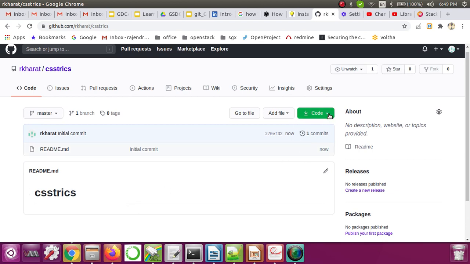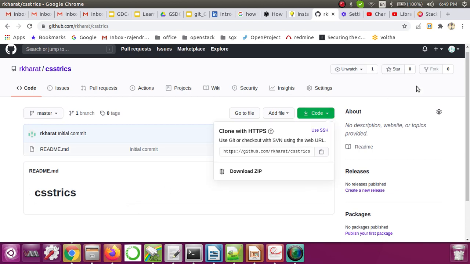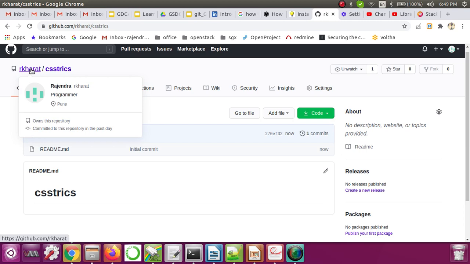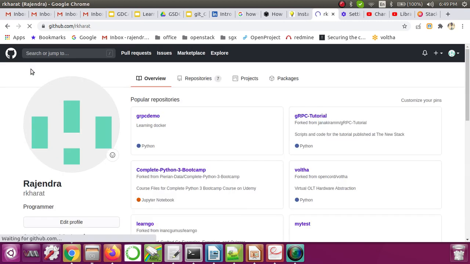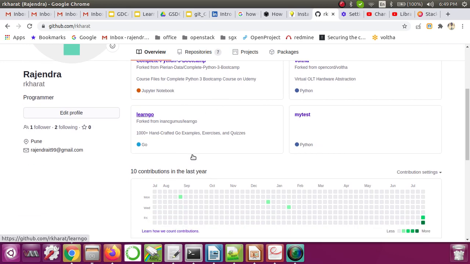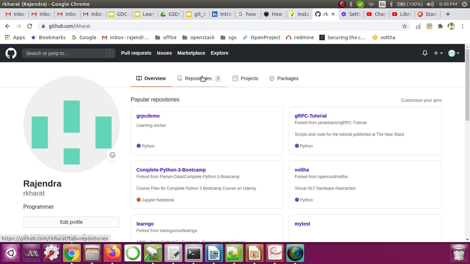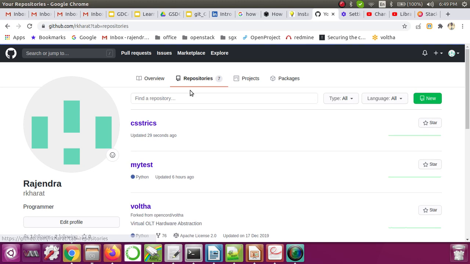We should not have done that. I'll tell you the reason: we already initialized that repository on our local machine, so it will create a conflict, since the repository already exists. In that case, let me first delete this.